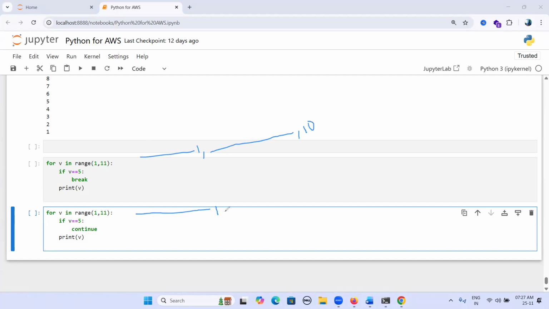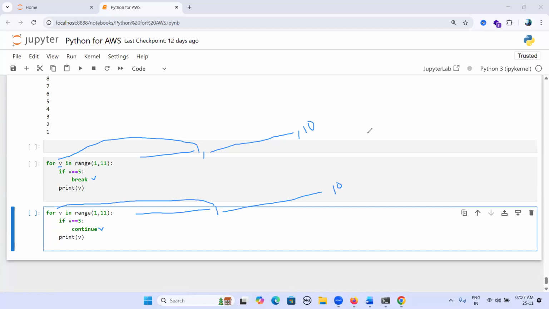It will generate 1 to 10 numbers, and first we are storing v as 1. Here we are writing break inside a condition, and here we are writing continue inside a condition. Observe here, v equal to 1. 1 equal to 5, the condition is false.